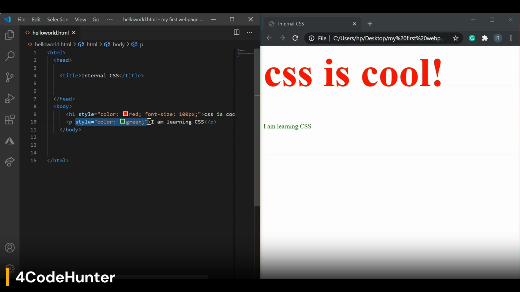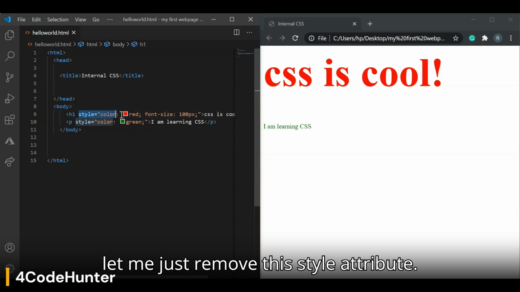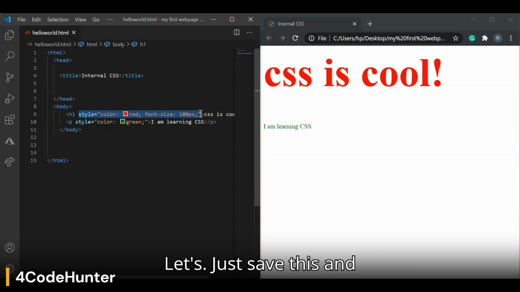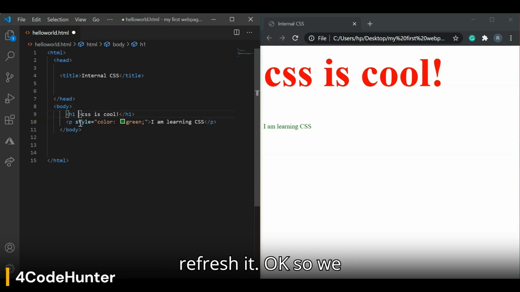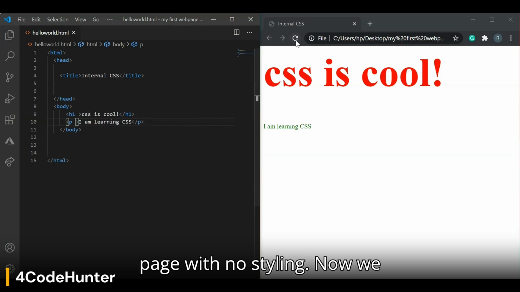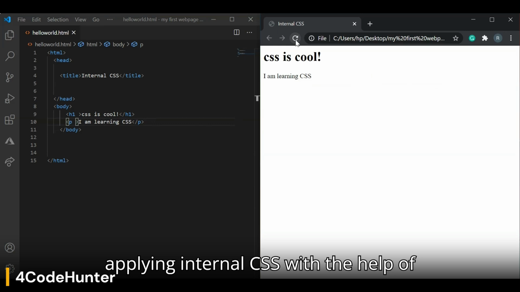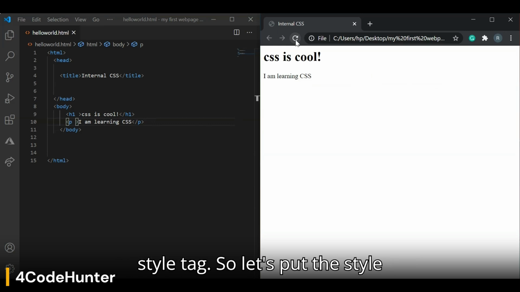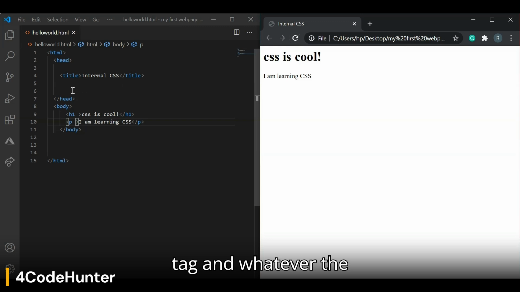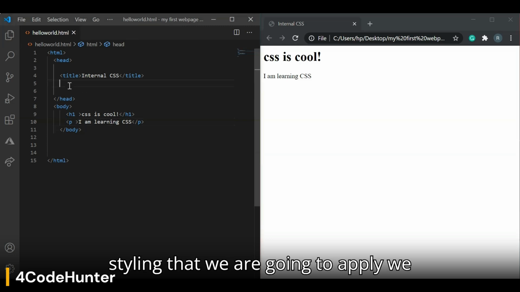So let me just remove this style attribute. Let's save this and refresh it. Okay, so we get our plain web page with no styling. Now we apply internal CSS with the help of the style tag. So let's put the style tag, and whatever styling we are going to apply, we have to put